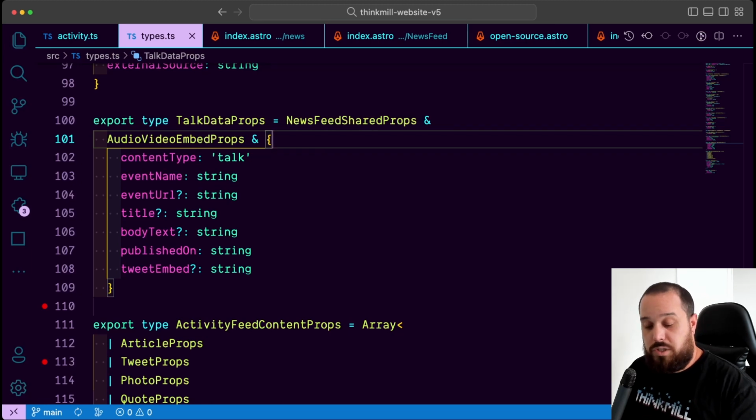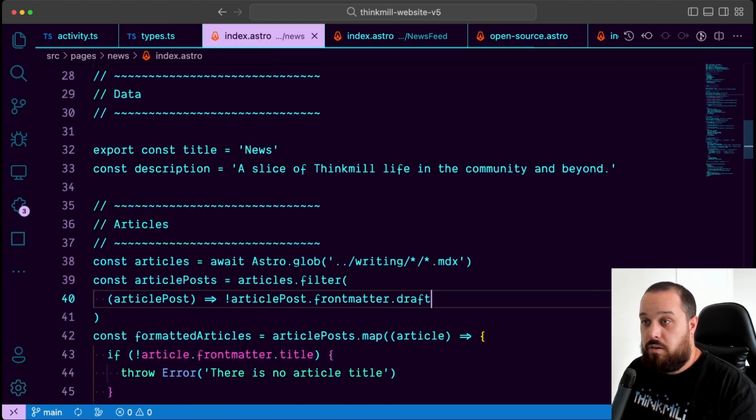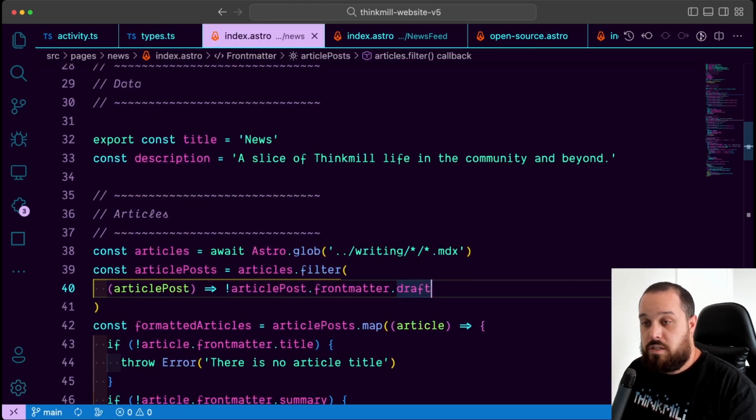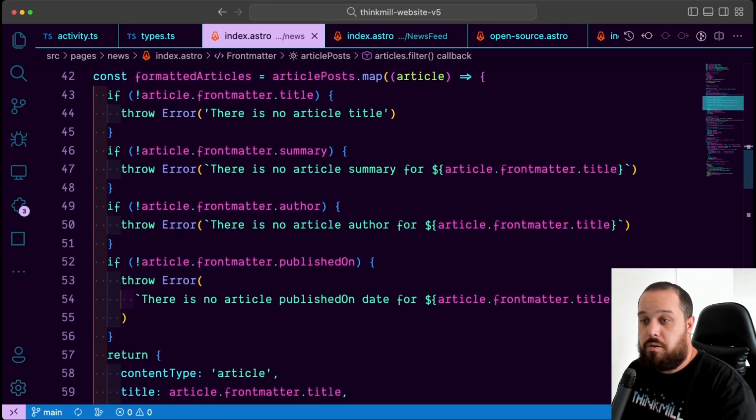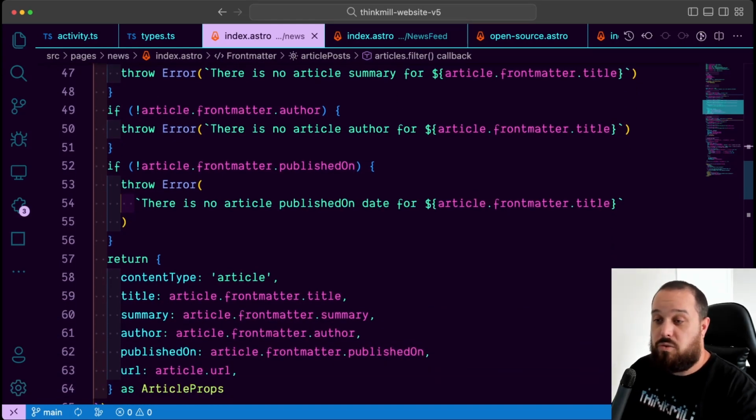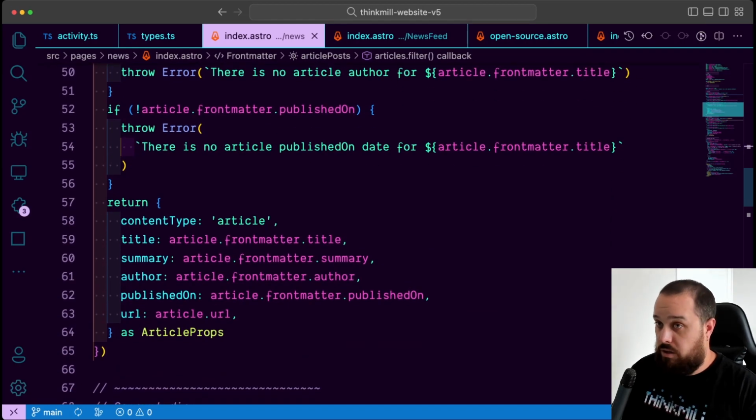So as we jump over to our newsfeed, we're then taking all of this data and we're now using multiple data sources in one. So we're going to be taking our written articles, which are in MDX, our case studies, which are all in Astro files, and then that TypeScript file and bringing it all together as one. So for starters, we're going to take our writing with all of our MDX files and we're just going to massage the data and make sure it's in the right shape